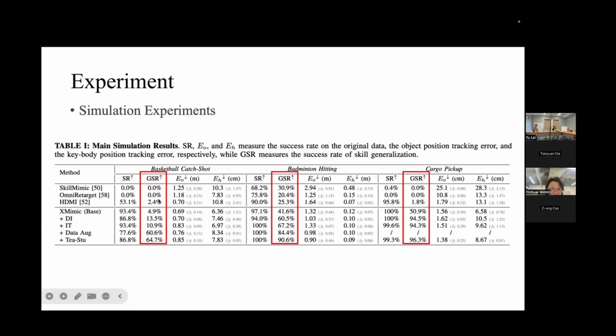So we can see that our base method outperforms the prior works significantly, and our core components contribute to the final generalization success rate very significantly.